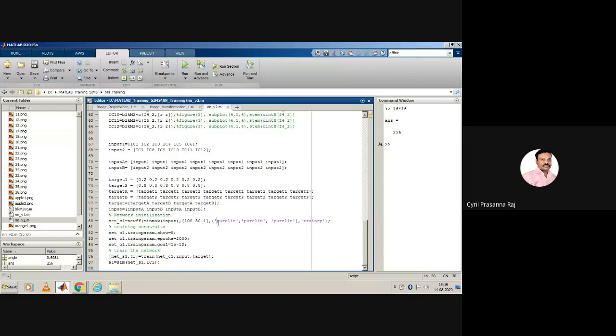Then I'm using purelin as the network activation function in all three layers. Even hidden layer 1, hidden layer 2, hidden layer 3, all of them are defined with the network activation function called purelin. Then I'm using the training function called trainrp, which will speed up the process of training. Then I'm setting all the network training parameters. Then train the network, and we try to test the network. Okay.